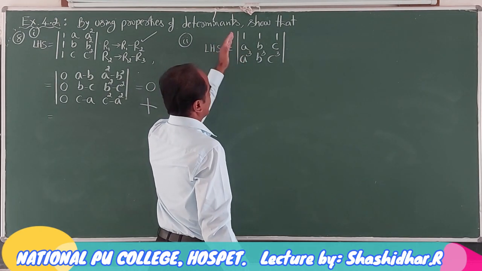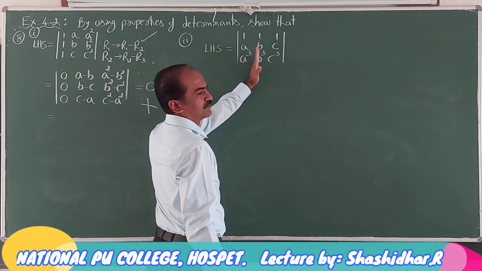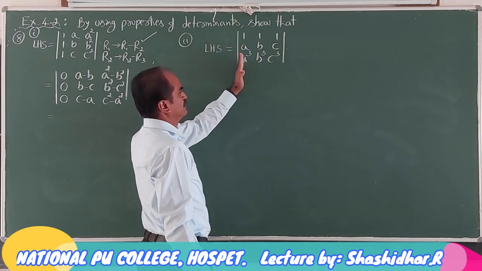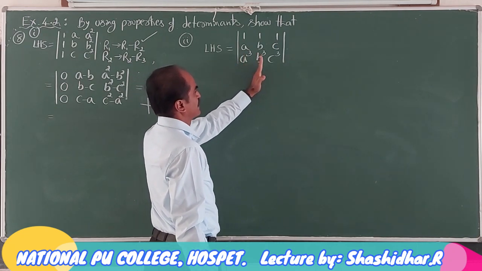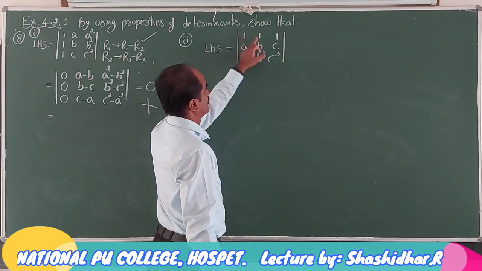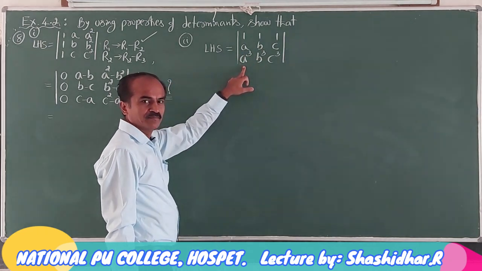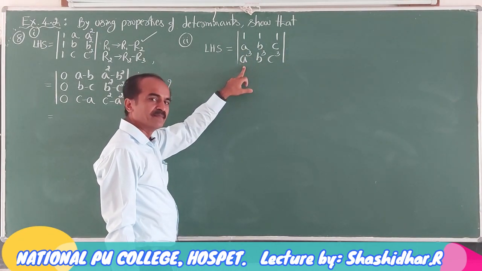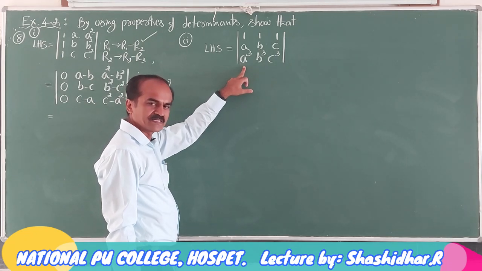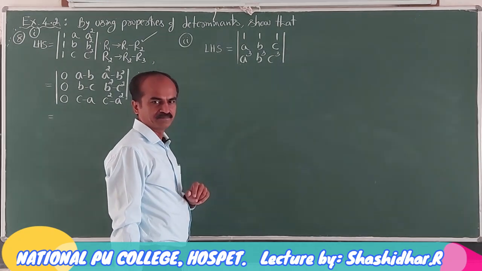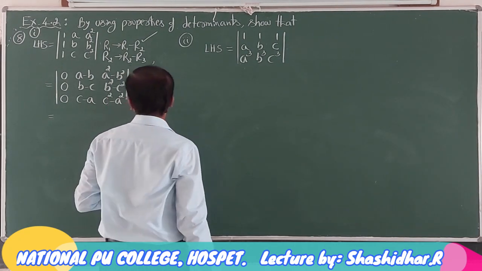In order to get a minus b, look at column 1, column 2. I subtract 2 from 1, that is C1 changes to C1 minus C2. If you do that, 1 minus 1 is 0, a minus b, a cube minus b cube. A cube minus b cube can be written as a minus b times a square plus ab plus b square. So from column 1 I can take a minus b common. Here one more thing you have to notice,